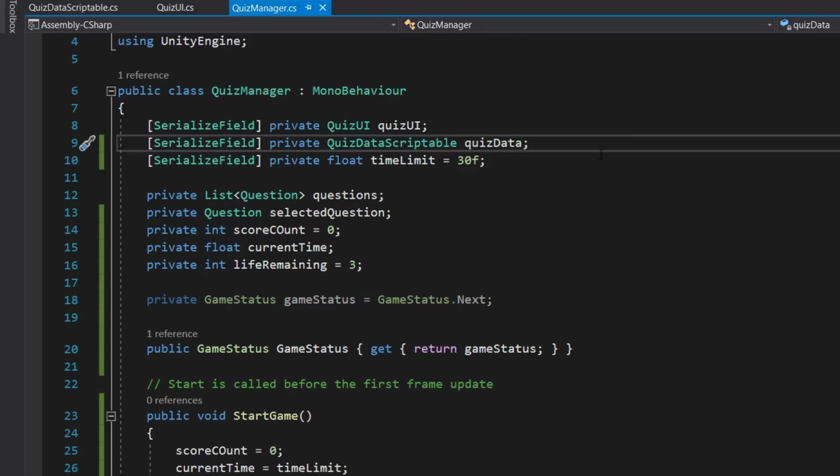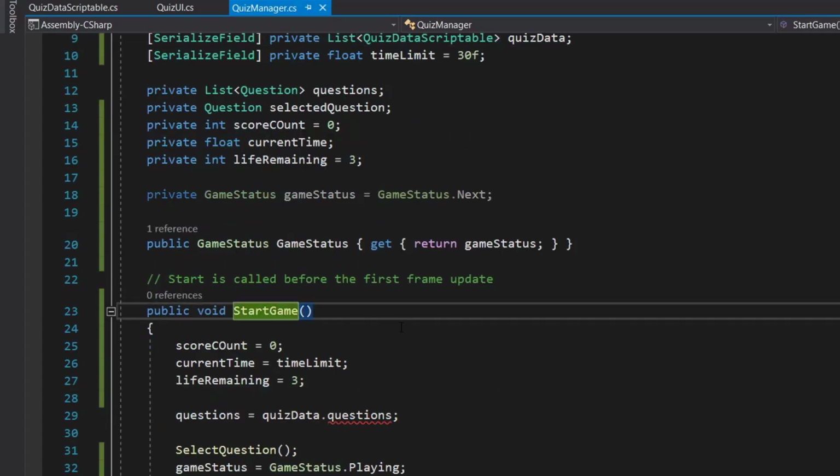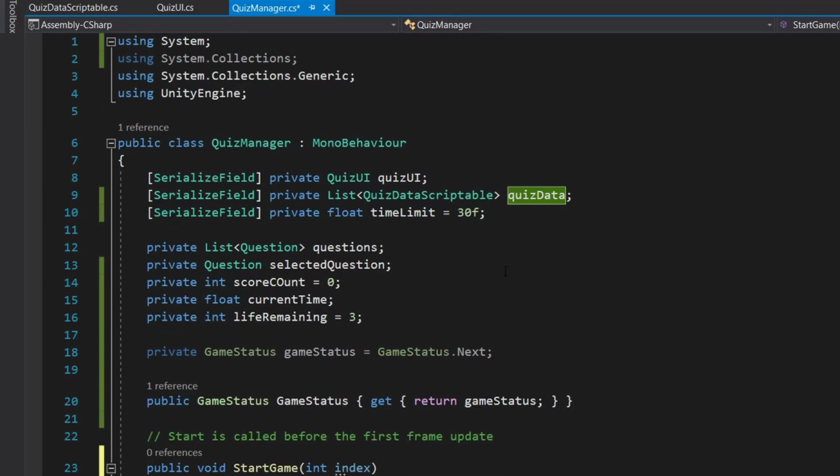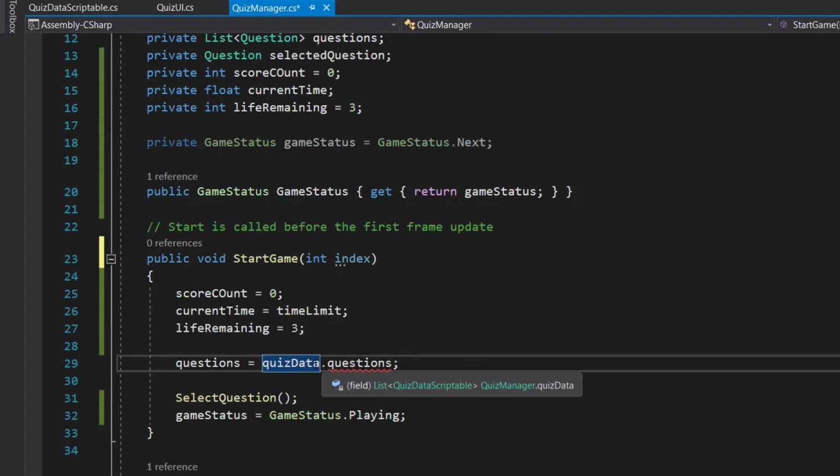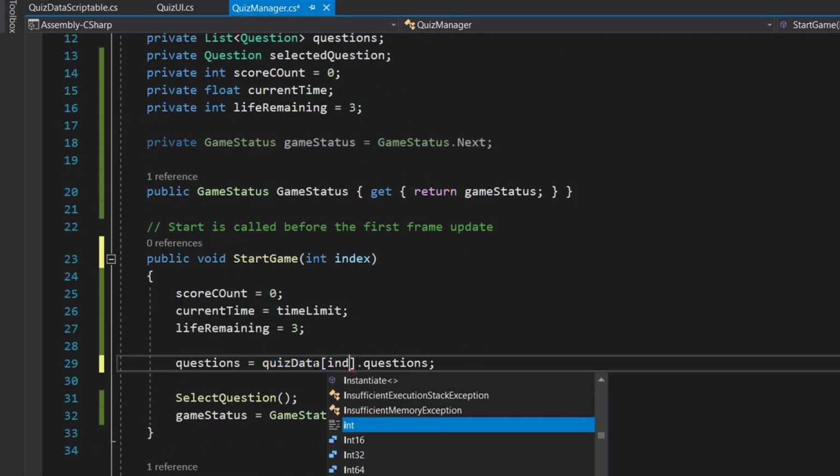So now we want our category buttons to select the question data we want. Right now we have only this one. Instead of one, we will make it a list. And here in start game we will add a parameter called int index, and in our quiz data, as it is a list, we will go to that index.